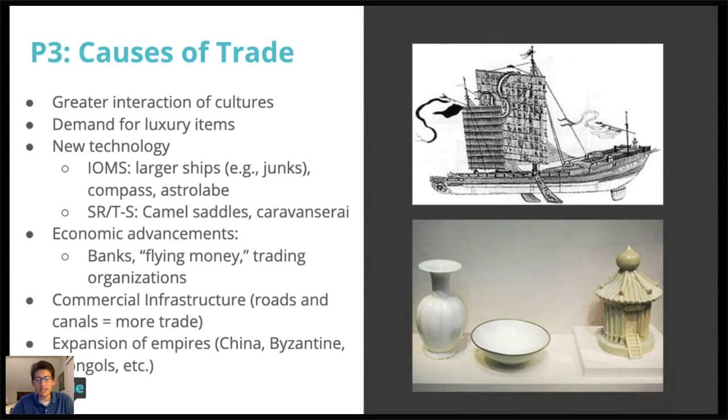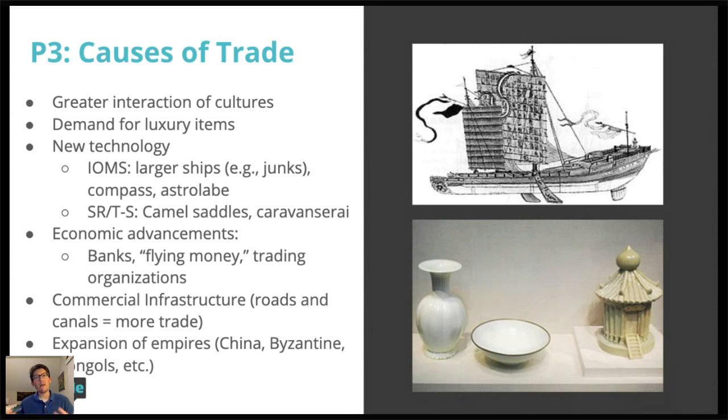And the last thing we see, of course, is the expansion of empires. Just like in time period 2, where we see the expansion of empires accompanied by greater trade, like trade along the Silk Road, we'll see the same thing in this time period. The growth of the Islamic caliphates will lead to greater trade across the Dar al-Islam. It'll lead to greater trade in the Indian Ocean, with Europe and the Mediterranean, and along the Silk Roads. The growth of the Tang dynasty of China will help with that. Then later on, the Mongols will also facilitate trade.